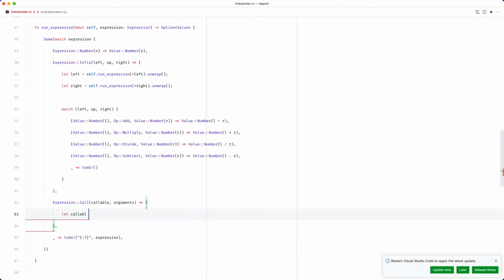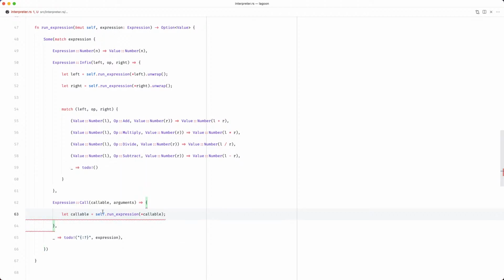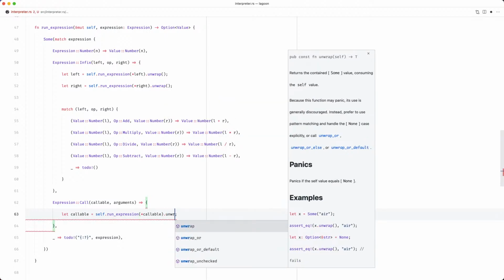So let callable equals self dot run expression of callable. And callable is a value, which is good, although it needs to be unwrapped.